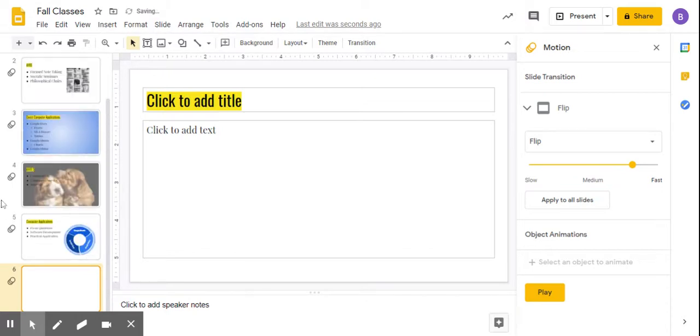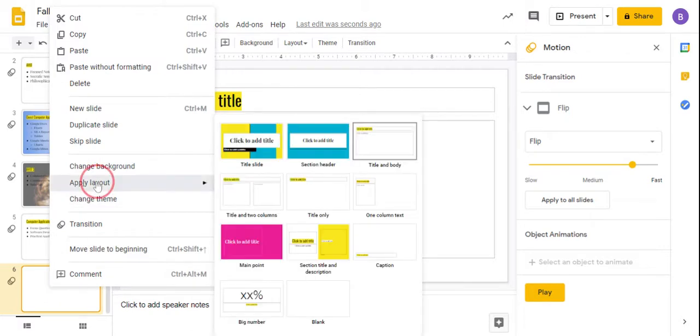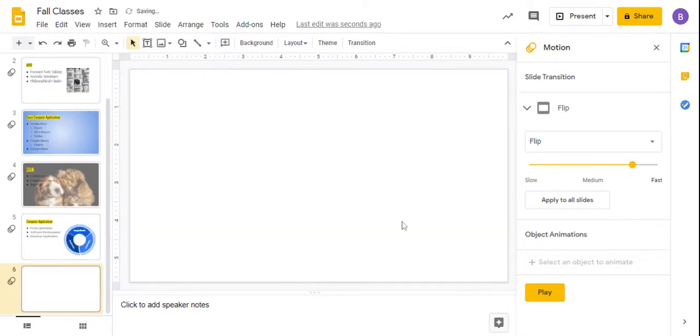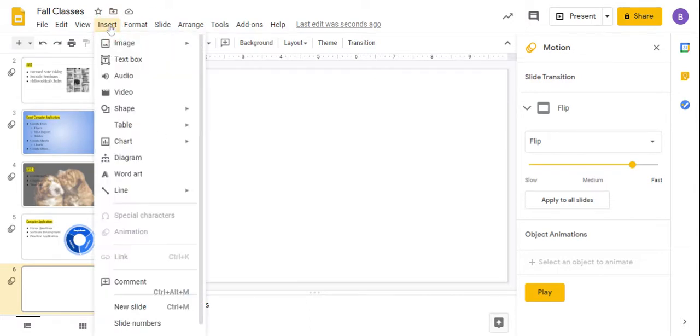So now that it's there, over here on the left-hand side, I'm going to right-click and choose Apply Layout. And that's going to allow me to choose from a series of different layouts that could enhance my presentation. For this example, I want to go and choose blank. Now that I have my blank slide, I want to move on to another new skill, which is to insert